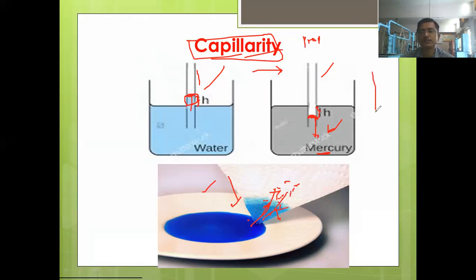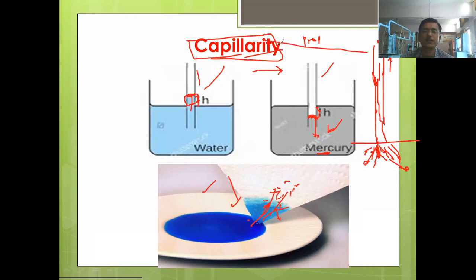Another example is the simple example of the trees. Okay, झाडांमध्ये जे आपण पाणी वरती जातं. Different types of trees, they have the roots, and their roots absorb the water, and how this water moves in the upward direction up to the topmost part of the trees. Okay, हे पाणी एवढ्या उंच कसं जातं against the gravity. So the reason behind that, again, it is the phenomenon called capillarity. Okay, so because of this it happens.